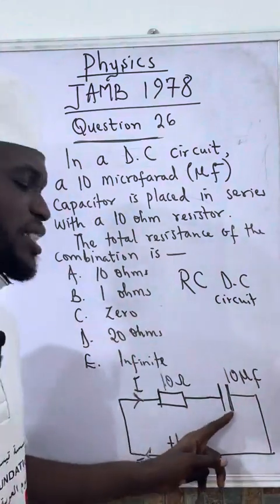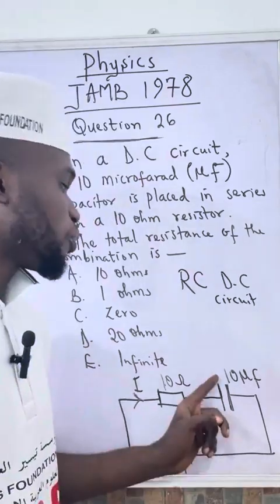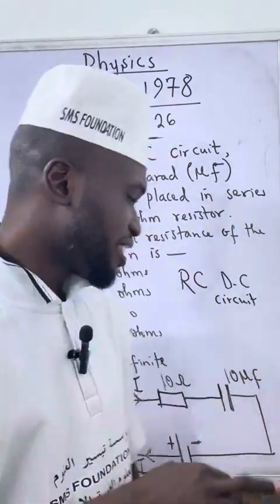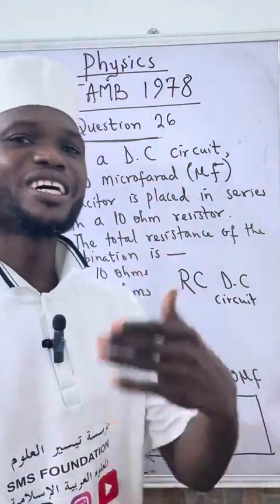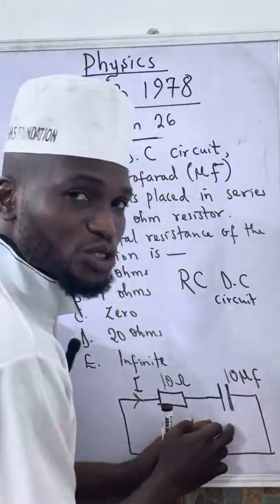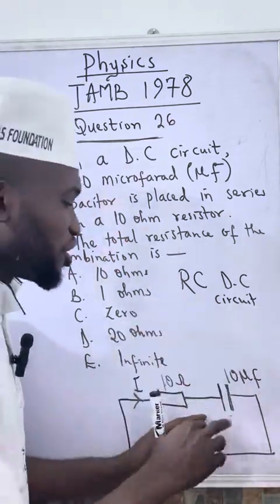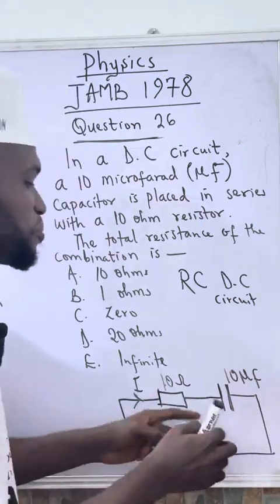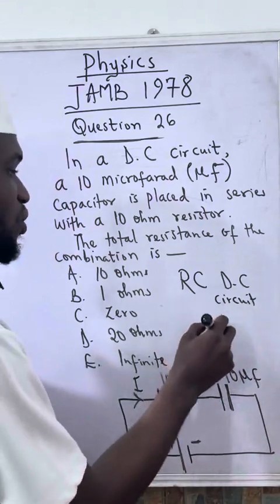Now, immediately when this capacitor is fully charged, the opposition will be infinite. This one will have the greatest opposition. In fact, the opposition cannot even be measured. So, in that regard, the capacitor will serve as a circuit breaker. It will open the circuit. So it means the opposition that this is taking will be infinite. So that means